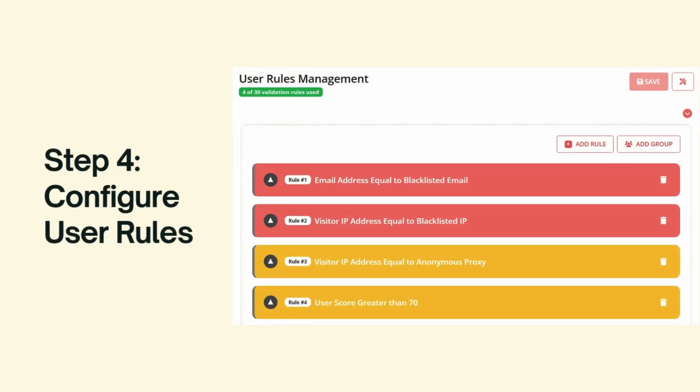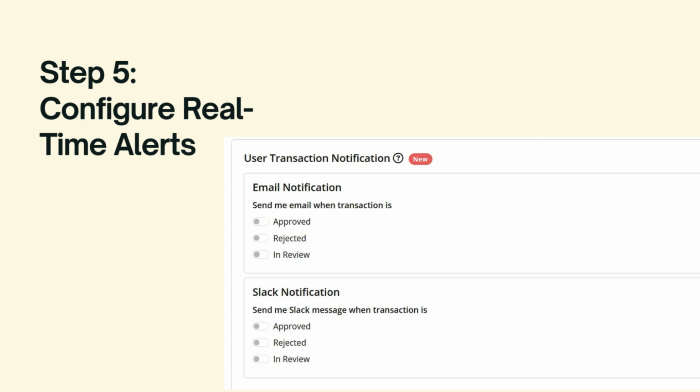Define risk thresholds by logging into the User Rules Management page to control how suspicious activities are handled. Configure real-time alerts in the FraudLabs Pro settings page under the User Transaction Notification section. When any suspicious activity is detected or the user score exceeds your threshold, FraudLabs Pro instantly notifies you via email